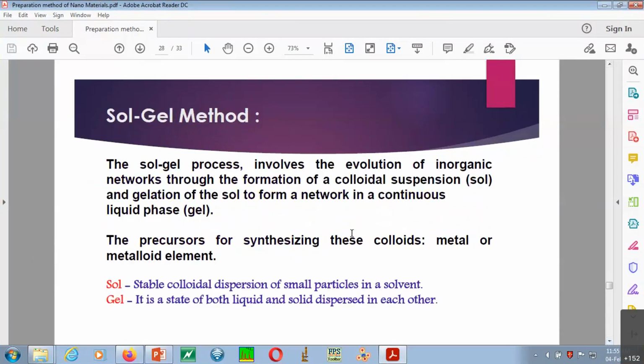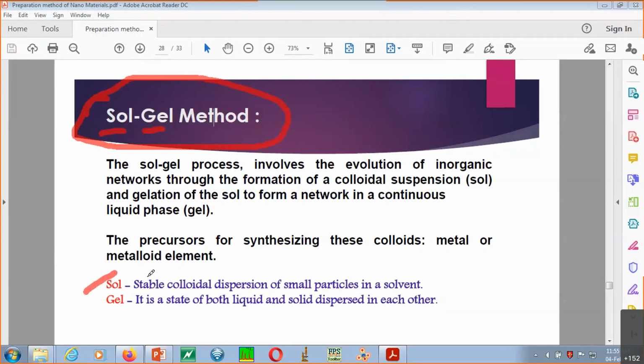Then the last method we have to cover is sol gel. I hope now you are familiar with this method. You may have gone through it several times. आपने किया भी है. And if not, then also let me tell you that you are aware of the sol and gel words. Let me first target this sol and gel.